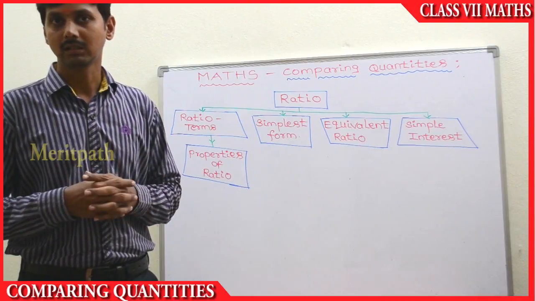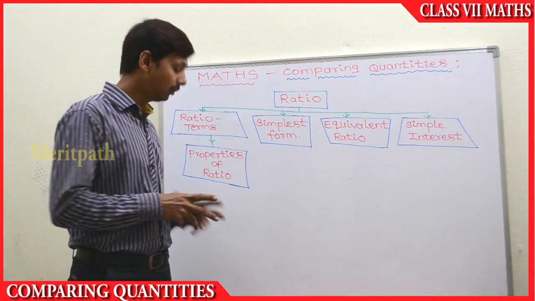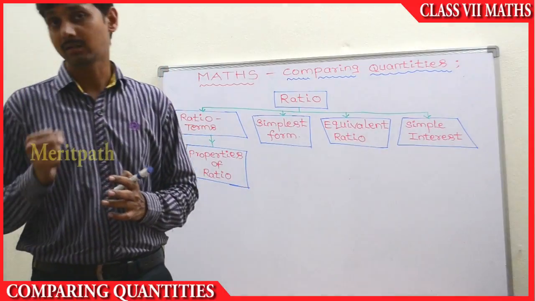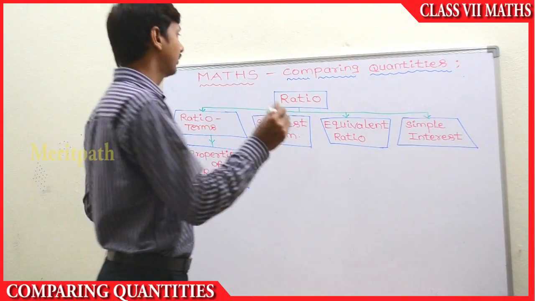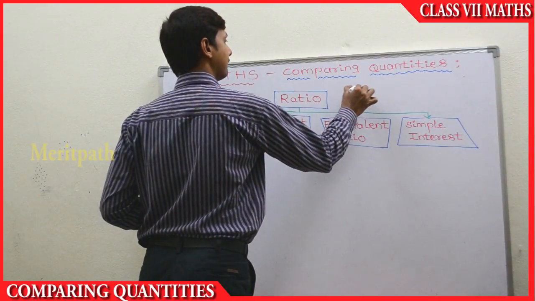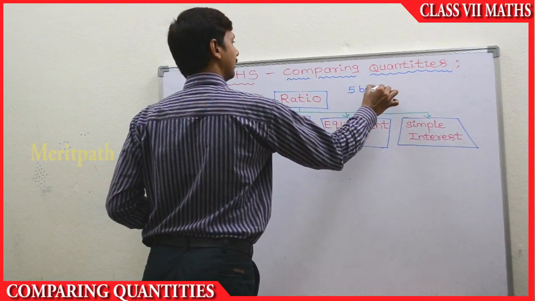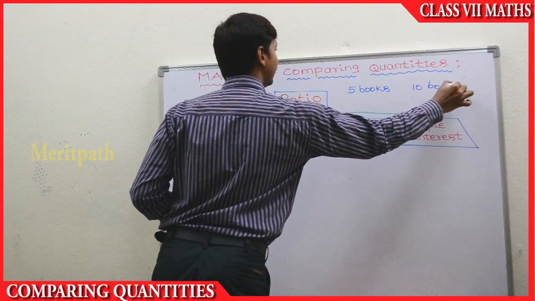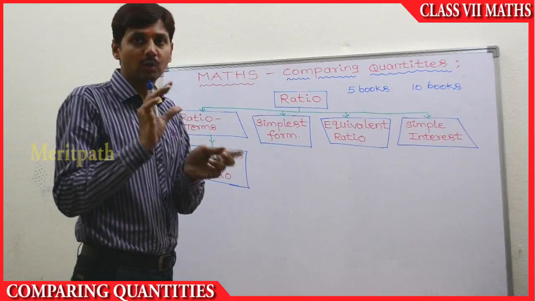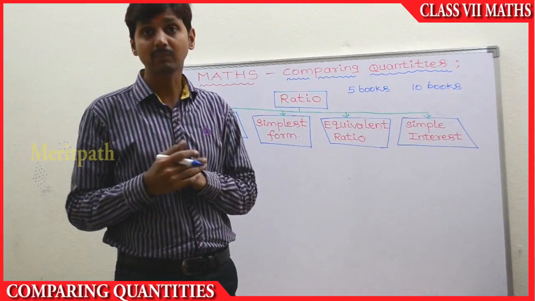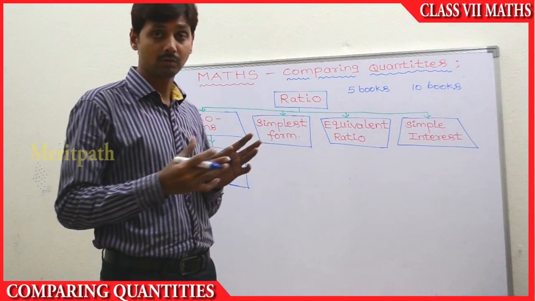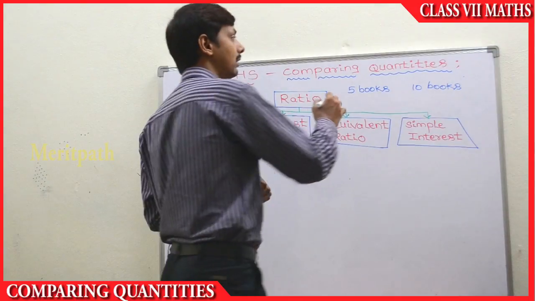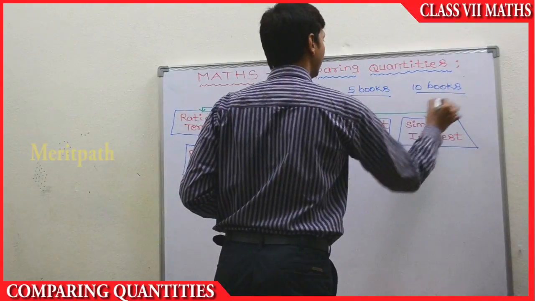Comparison under division is called ratio. For example, if we take any two quantities like 5 books and 10 books, there are similar quantities here. Book is the similar quantity, so 5 books and 10 books. If we take these two quantities and compare them under division, like if we take the 5 books and 10 books,